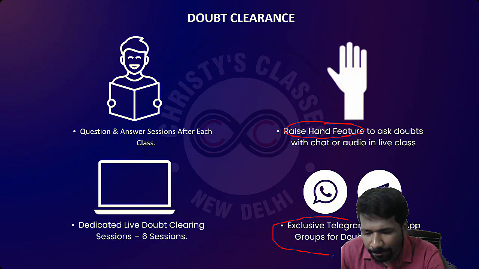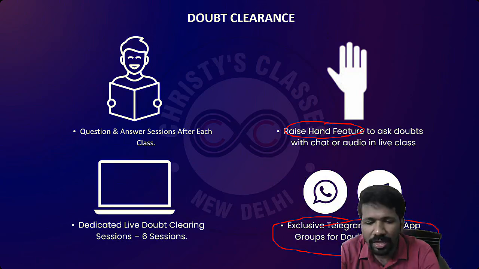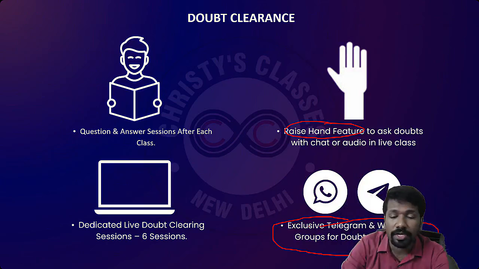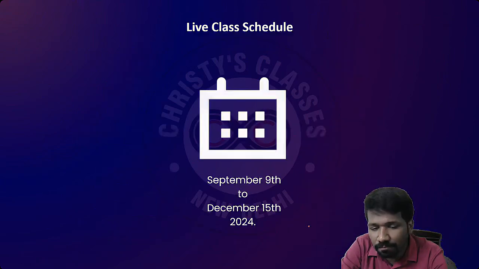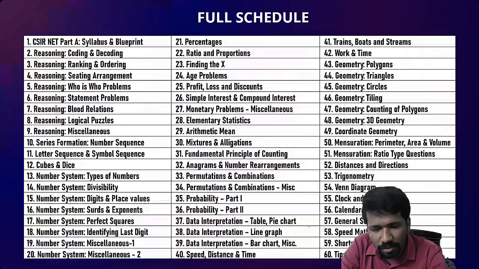Or a separate Telegram group and WhatsApp group. I will share that link in the course page. By clicking on the WhatsApp group link or Telegram group link, you can join it. And there you can ask your doubts to your friends who have joined this course already, or you can post your doubts and you can post your solutions of the questions others are asking doubts of. So all these doubt clearance opportunities are also there. Make full use of this doubt clearance. This is very important.